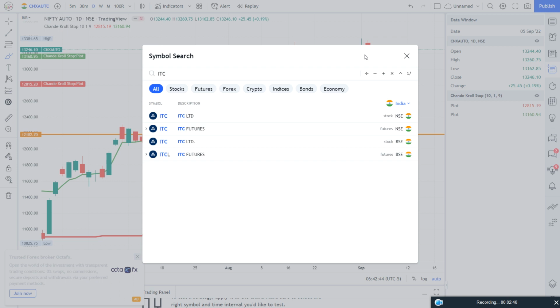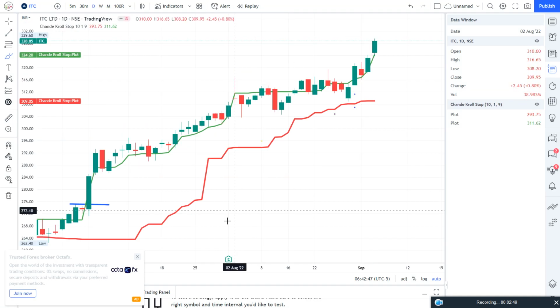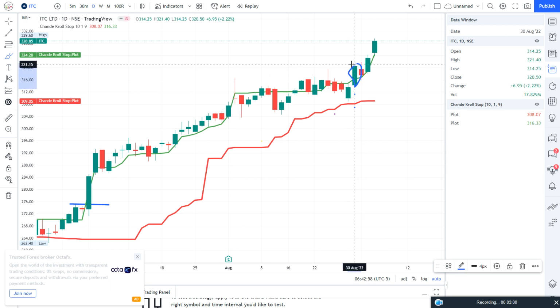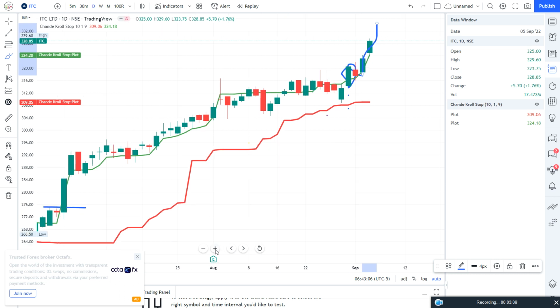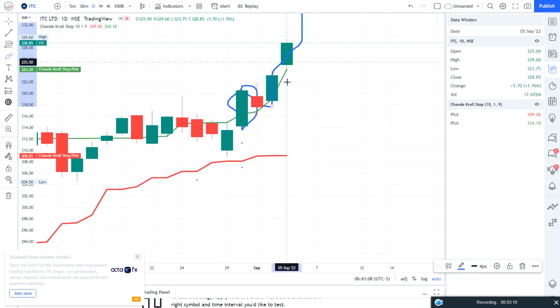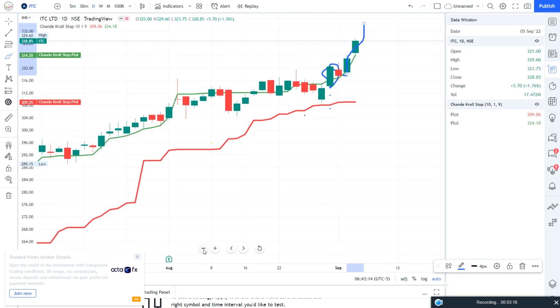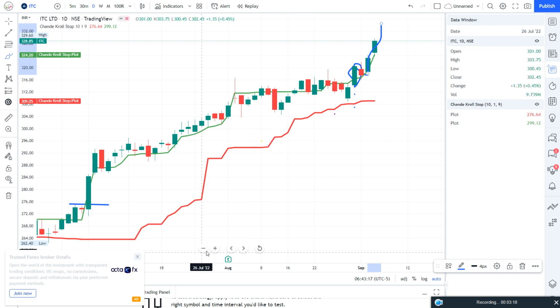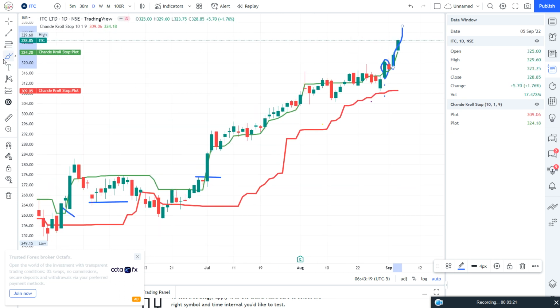Now one of the special stocks, ITC, right? Everyone cracks jokes on ITC, but I would like to show you guys. 3 days back we got the close above this line. After that it took the reaction or retest, and after that we got the breakout. So we can get the smooth bullish up move until it moves above this upward channel, right? So this way we can find the smooth zone, we can find the choppy zone. I show you guys in ITC, in this area ITC stops.